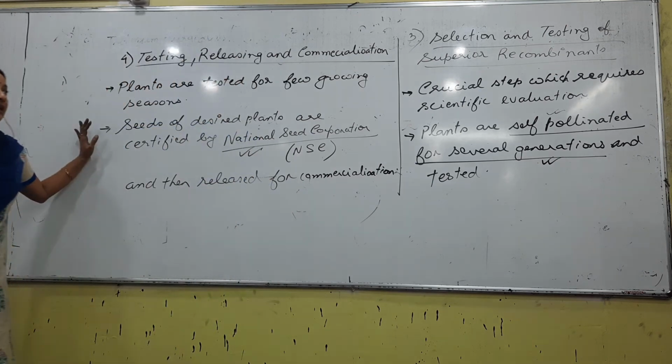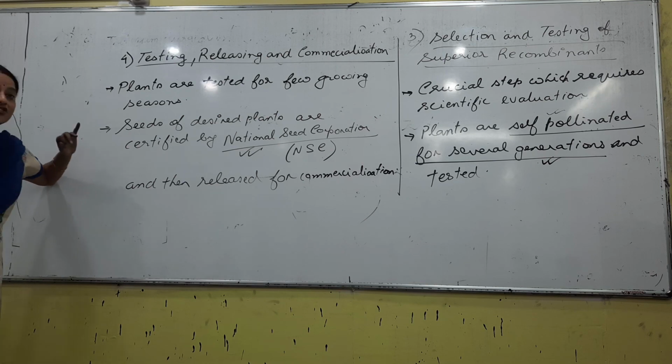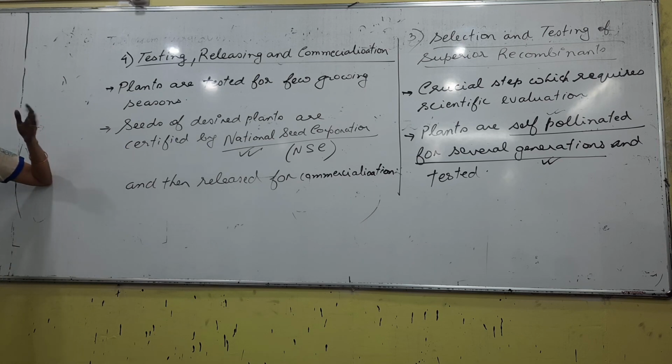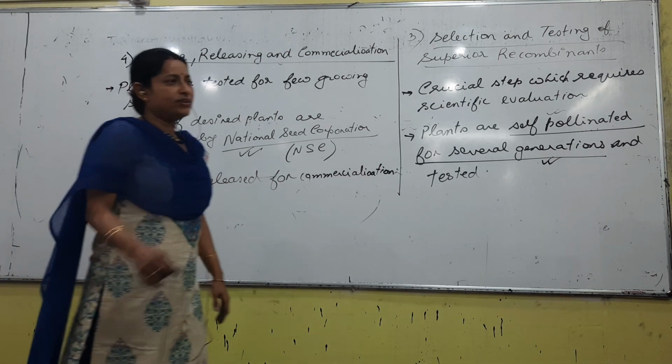Then the next one is selection of parents. Talking about parents, how will you go for selection? Either mass selection, clonal selection, or pure line selection, right? Any process you can go through. As far as selection is concerned, that method is supposed to be the oldest method, right? Mass selection, it's only on the phenotypic characters that you see.